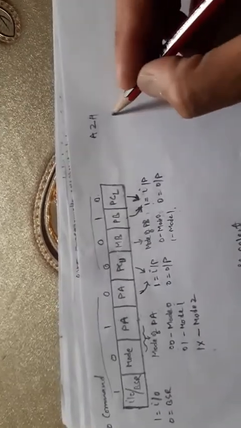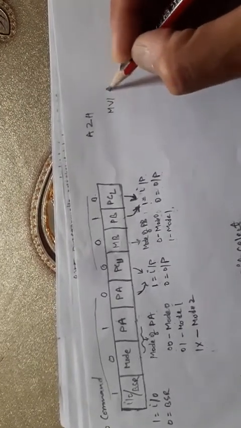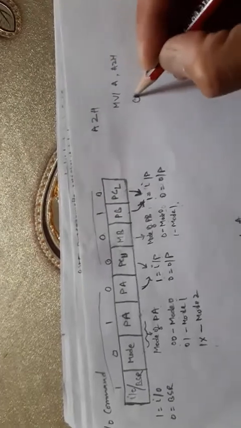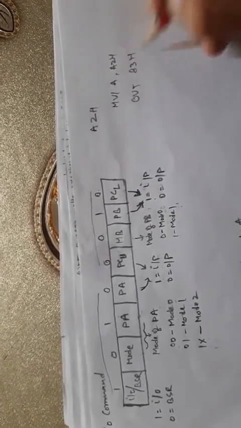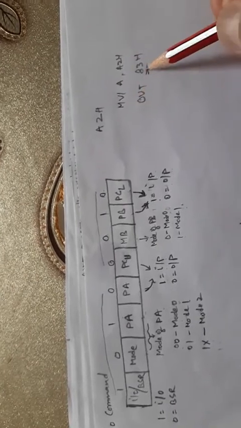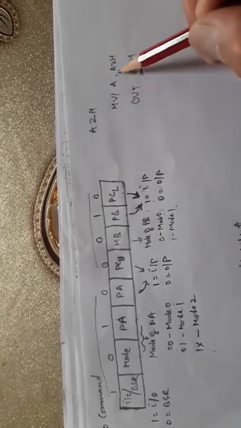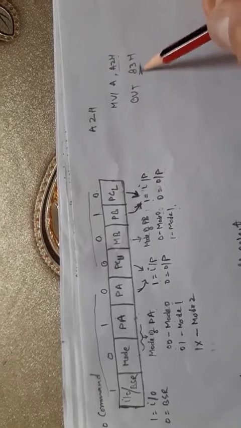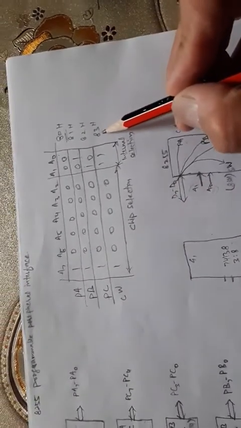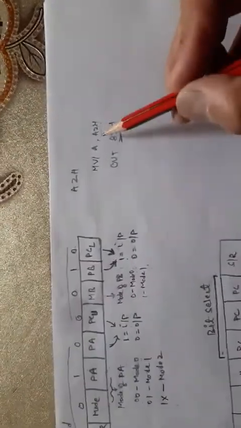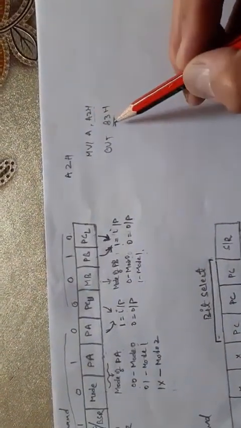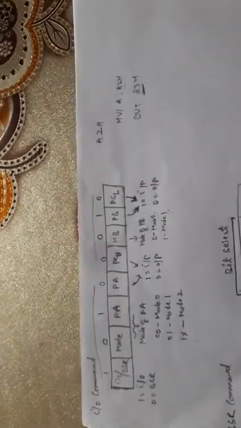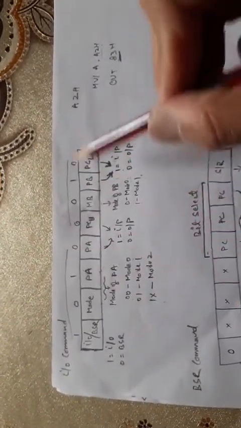In the 8085 if we use MVI A, A2H, and then we give it to OUT 83H. This is the address for the command word. So here we have formed the command, and then we put the address of the control word, which was 83. In the last lecture, the architecture lecture, I told you that the control word has the address 83. So first I made the command, and then I put it on the command word. So this was the IO command.